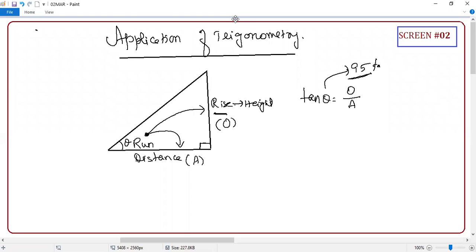So here is what's going to happen. As I mentioned, distance can be measured easily. Theta can be measured easily. Maybe you think it's difficult; that's what we are going to see in the next screen. The moment you can easily measure these two, guys, the height can be measured using your trigonometric ratio, particularly tan theta. So the magic is not magic, correct or not? If I know that angle, I know the tan theta value. And if I know the adjacent side, I can easily find my opposite side. If I know the opposite side, I can find my adjacent side. Are you clear? The secret is that's all, students.